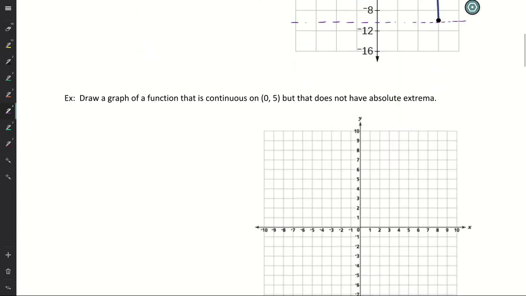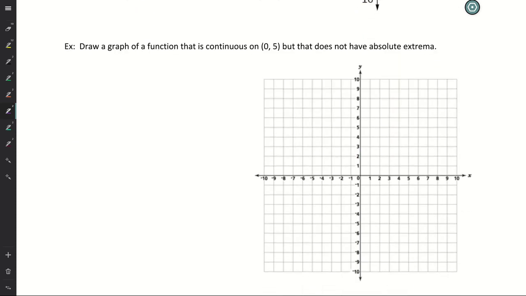All right. The next example wants us to draw a graph of a function that's continuous on the open interval from 0 to 5, but that does not have any absolute extrema. Basically, this question is so that we understand the extreme value theorem, in that not only must you have continuity, but you also must have a closed interval, and we're able to see from this example why the interval cannot be open. So on this one, students could give me various different answers, but the big